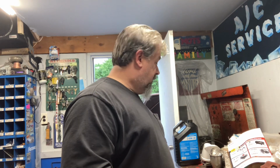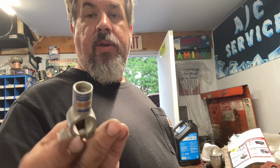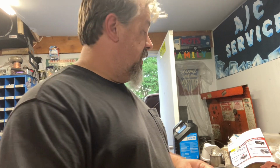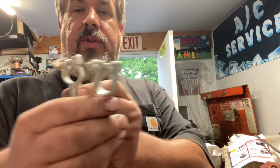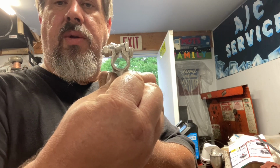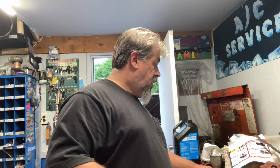Now I like to solder everything. I'm trying to get all my stuff together here right now so we can make some new cables. I purchased solder-on battery ends. They already have solder, flux, and everything already in them. There's two different sizes. You got a negative and you got a positive. Actually, that's that way. This is your negative, it's your positive. If you notice, the holes are actually, one's smaller, one's bigger, because your negative terminal is actually a little bit smaller in diameter and your positive is a little bit bigger. So we will solder these bad boys onto our cable, and then we're going to solder some new ends on,